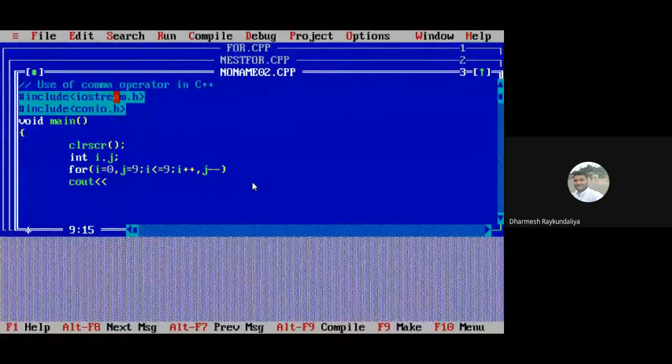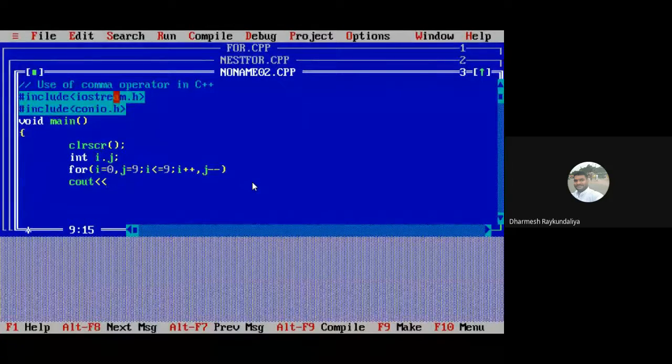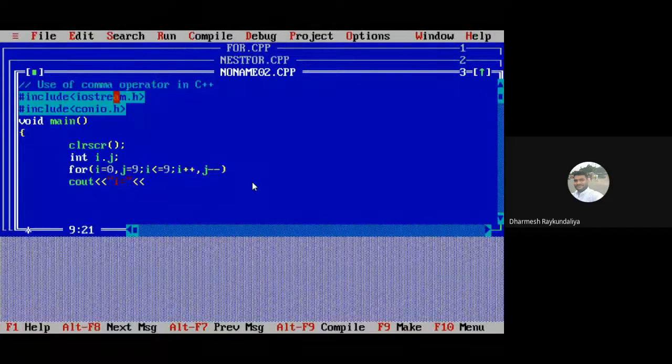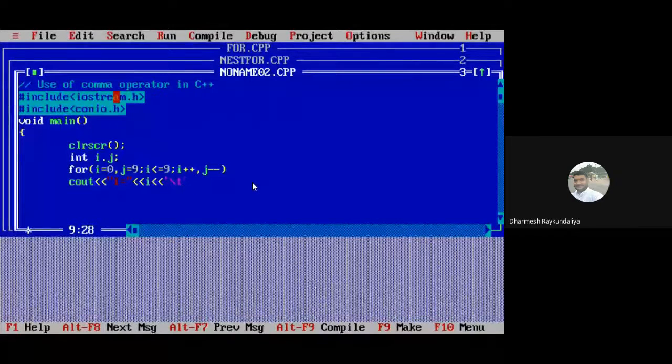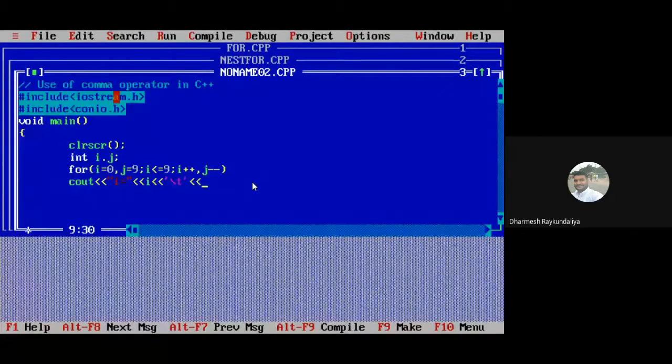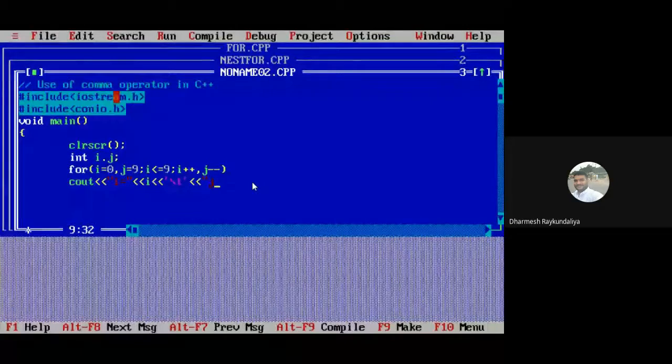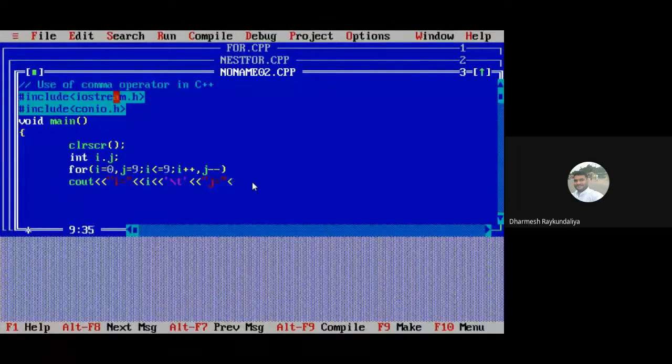Backslash t, that is a horizontal tab, j.